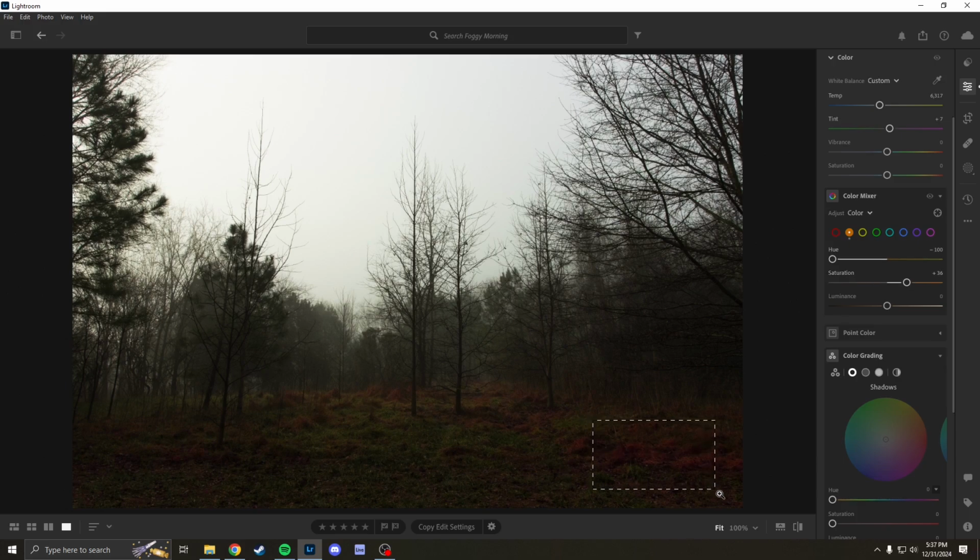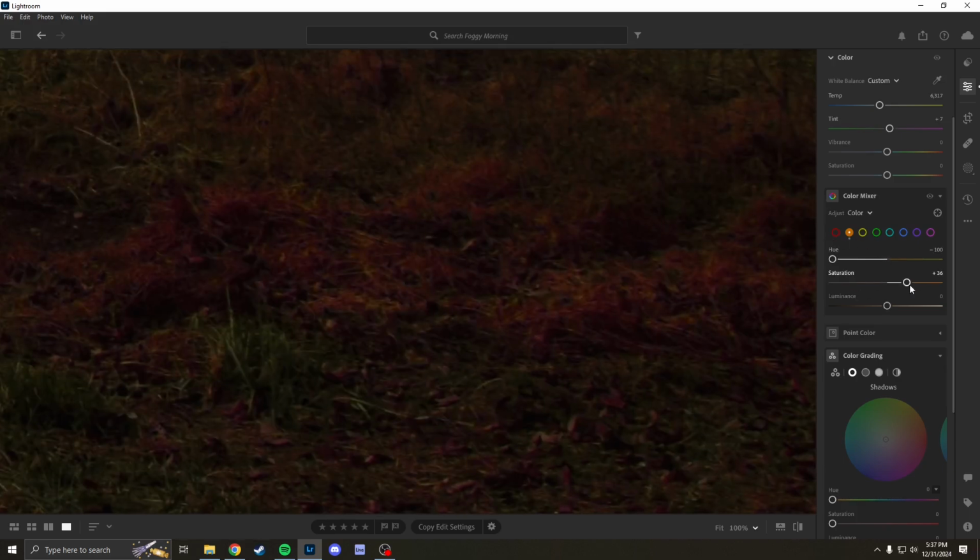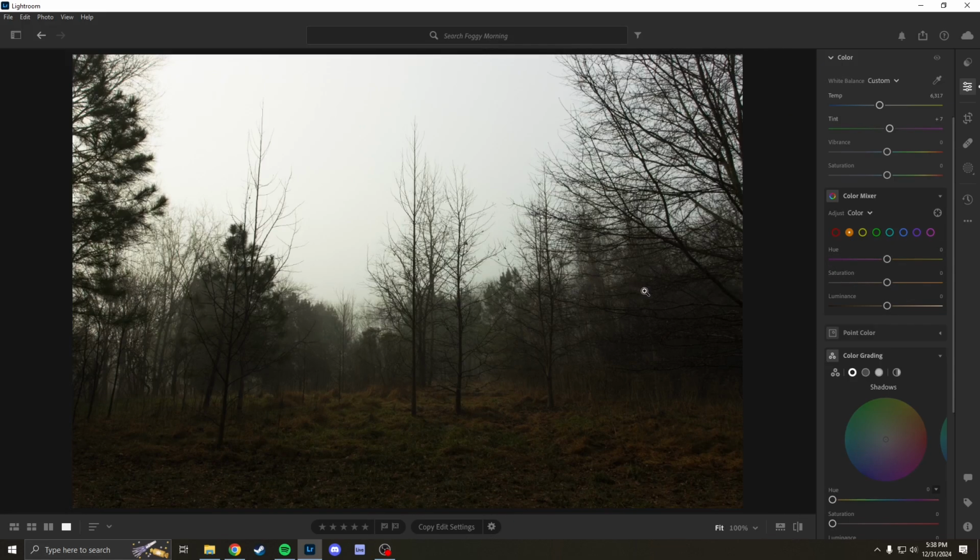We'll zoom in here so we can see it a little better in action. Just decrease the saturation, increase it. But anyway, for what we're going to do with this photo, we are just going to bring it a tad towards red, nothing too far. That's probably good. And we'll set the saturation. We're just going to saturate it a little bit, probably like, there we go, plus 6, nothing too crazy. So for the yellows, we are going to drag them more towards green, probably like plus 50